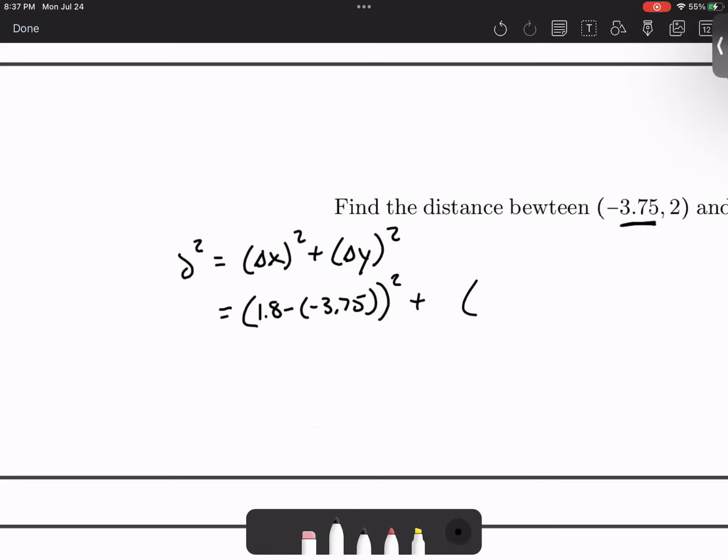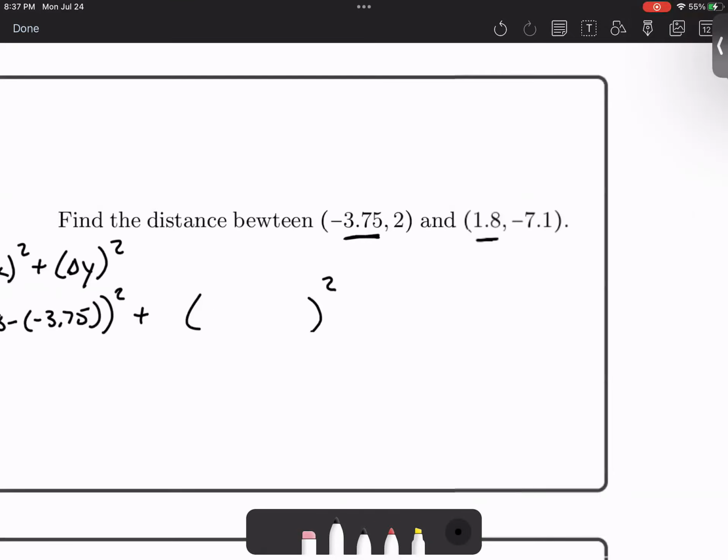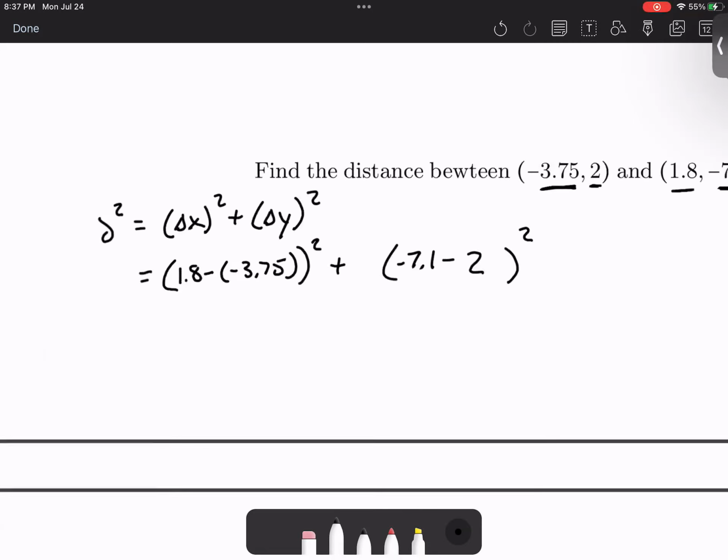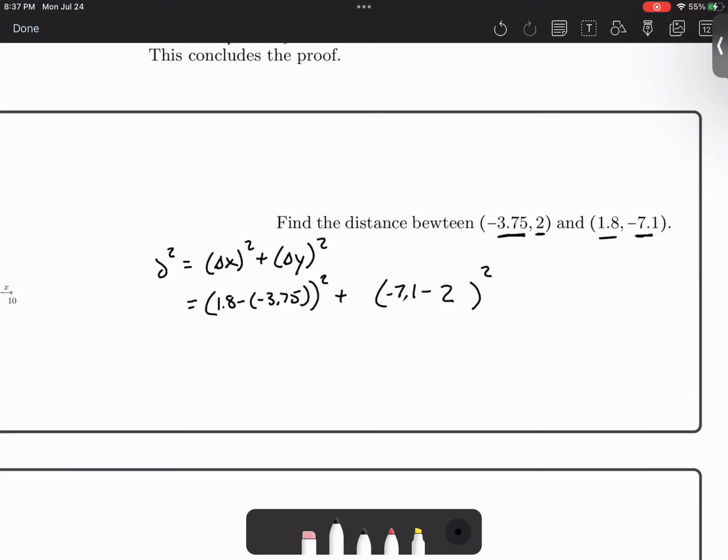All right, now change in y squared. I go from a y value of 2 to a y value of minus 7.1. So minus 7.1 minus 2. Right? 1.8 plus 3.75 is going to give us